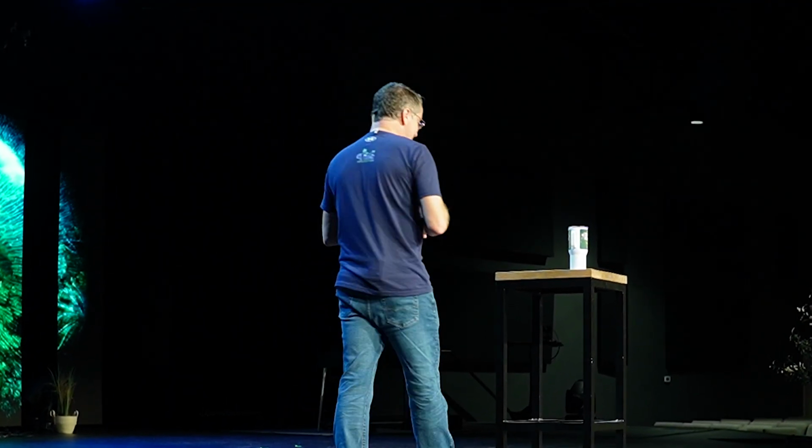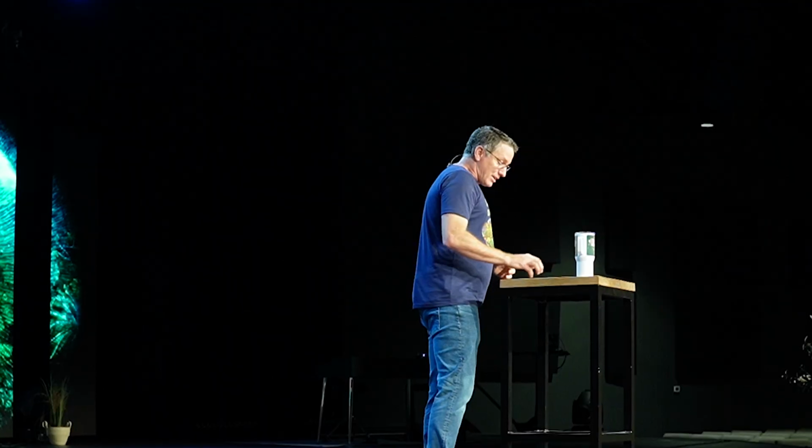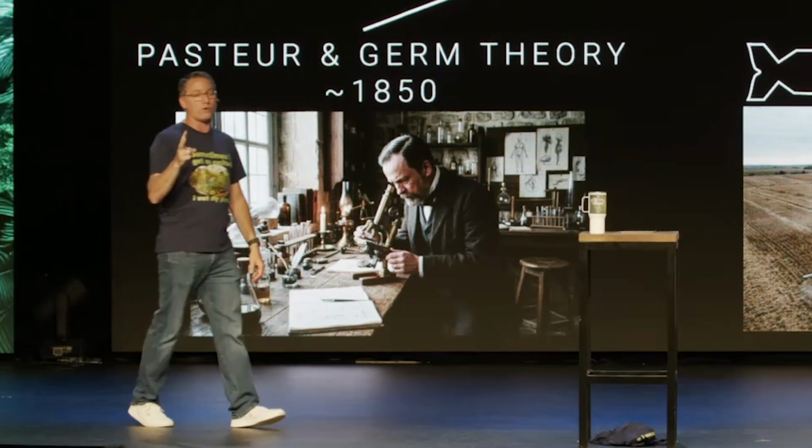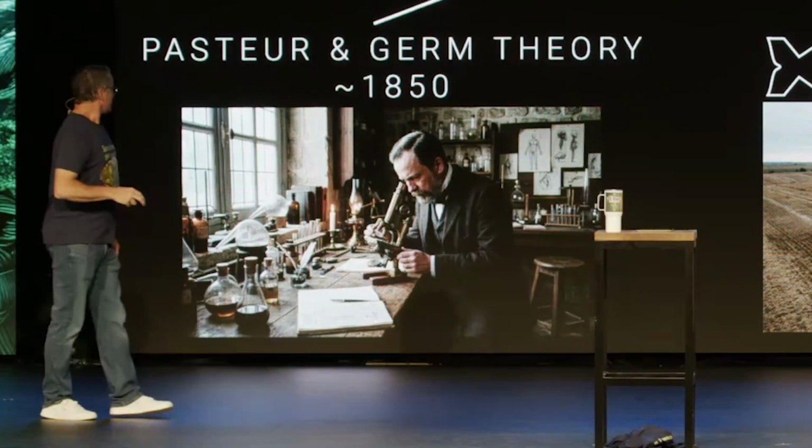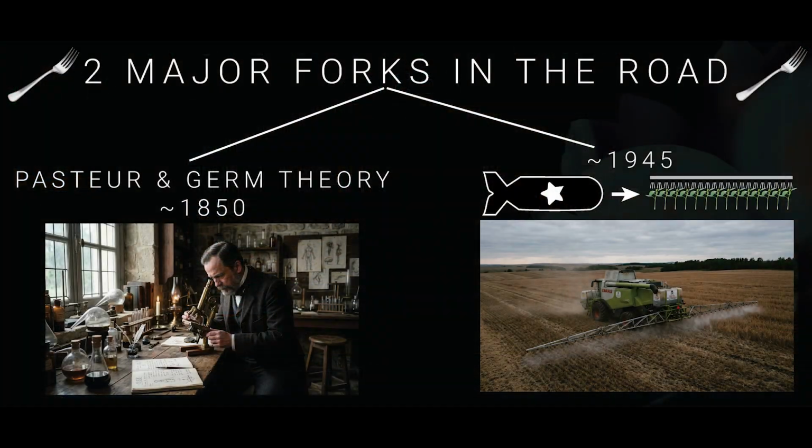Well, that's good for agriculture because now you get to sell a lot more fertilizer and you get to sell more herbicides and pesticides and things like that. But in the history of ag science, there are two major forks in the road of history. Number one, in the middle of the 19th century, middle of 1800s, you've got germ theory beginning to develop because